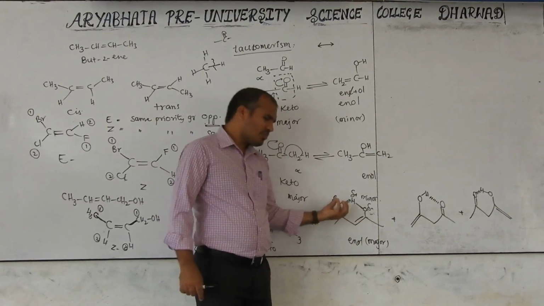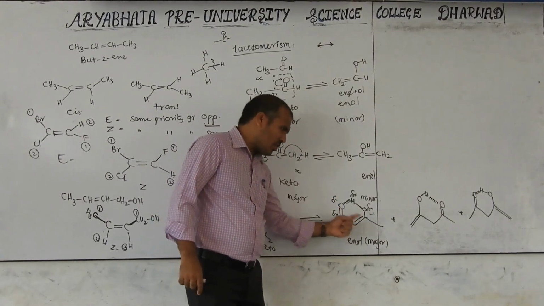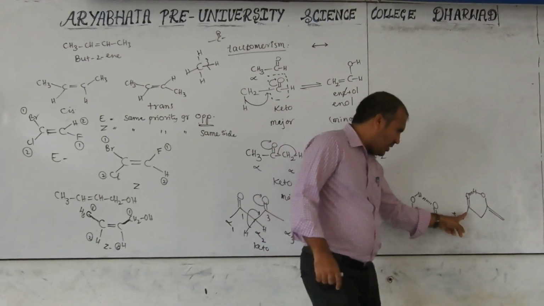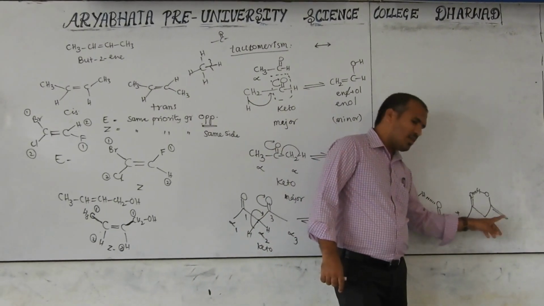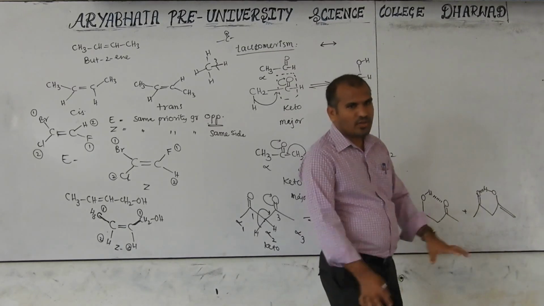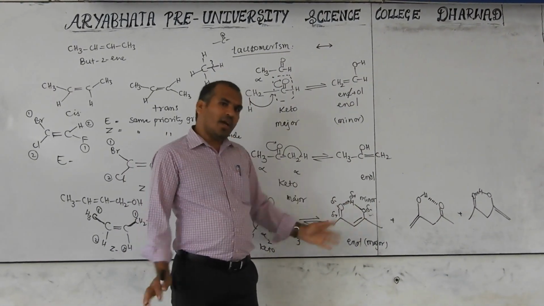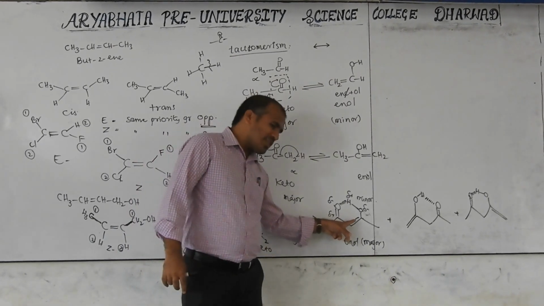Okay, so now it is conjugated. Double bond, single bond, double bond, double bond, single bond, single bond: isolated. Single bond, double bond, single bond, single bond, double bond: it is again isolated. Isolated forms are less stable than the conjugated. So the conjugated form forms, and also it is more substituted.